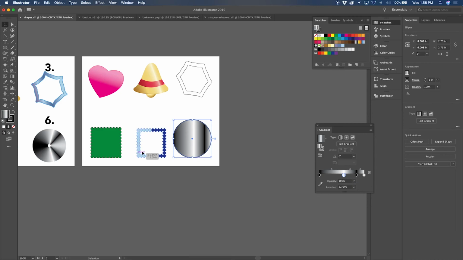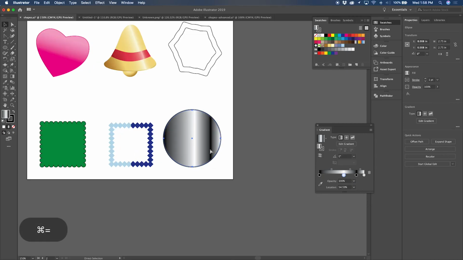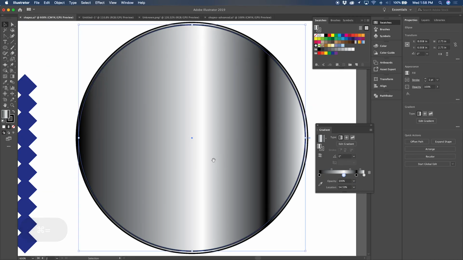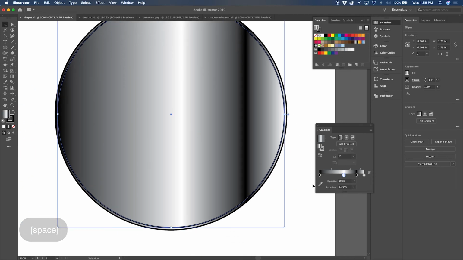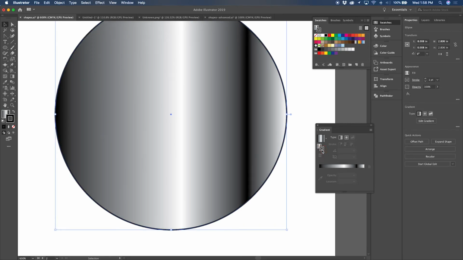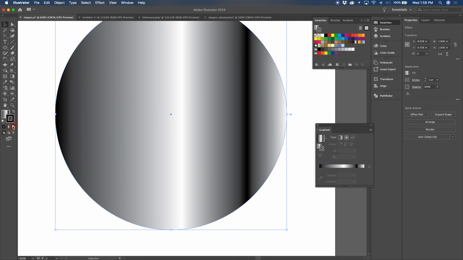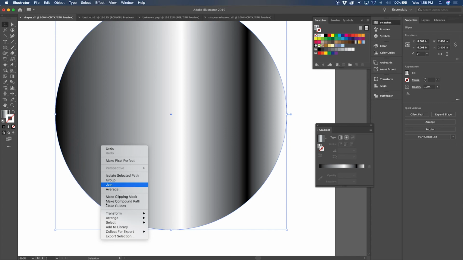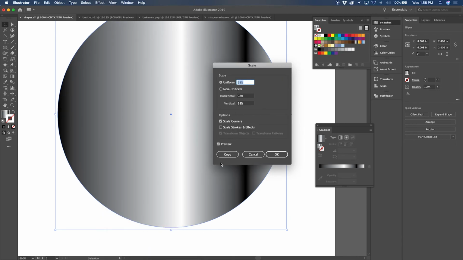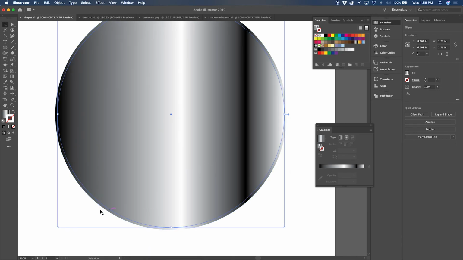All right, it's probably really hard to see what that even did. But I just have this second circle here. Okay? Now, I'm going to go in and I'm going to turn the stroke off. I'm going to actually delete that guy and just do this again so you can see it closer. So you can see why I would do this. So I have this shape, right click, transform, scale, 98%, make a copy. And what you might see is that because this is a little bit smaller, that black